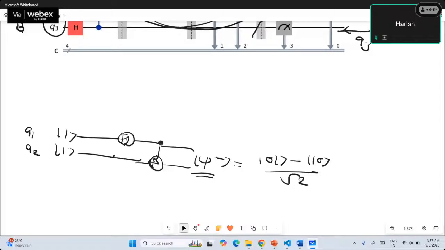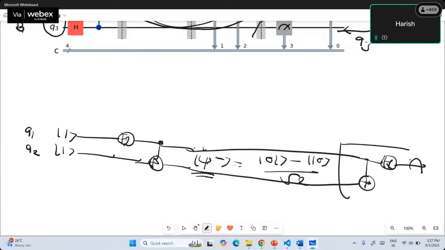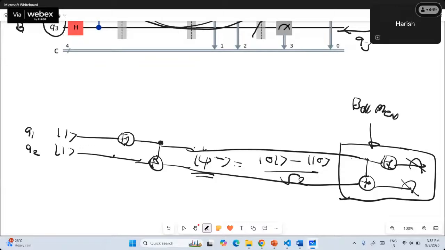If you perform the Bell basis measurement on this, so basically what we are doing is we are again applying. So I'm taking this thing out. So at this point we have psi minus here. So what we are doing in Bell basis measurement, first we are applying control node operation and then Hadamard operation, and then we are performing Z measurement. And what we are calling it complete, we are calling it Bell measurement, and these are nothing but Z